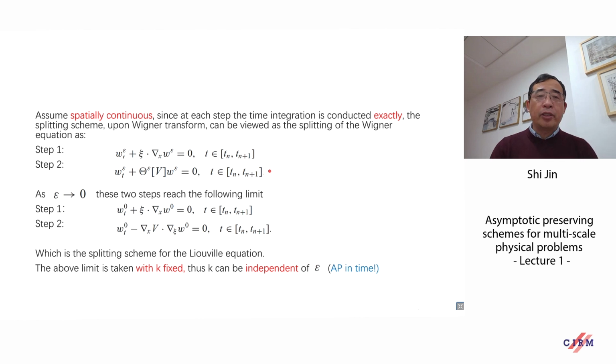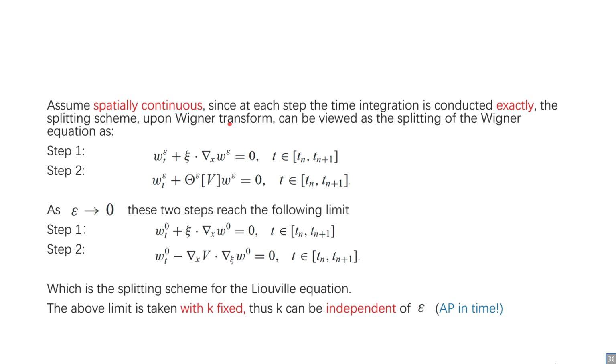So it's very simple to see, right? First of all, assume spatially it's continuous. We don't discretize in space. We only use this splitting method for time, okay? Now you remember, on each of these steps, if we do operator splitting, we integrate in time